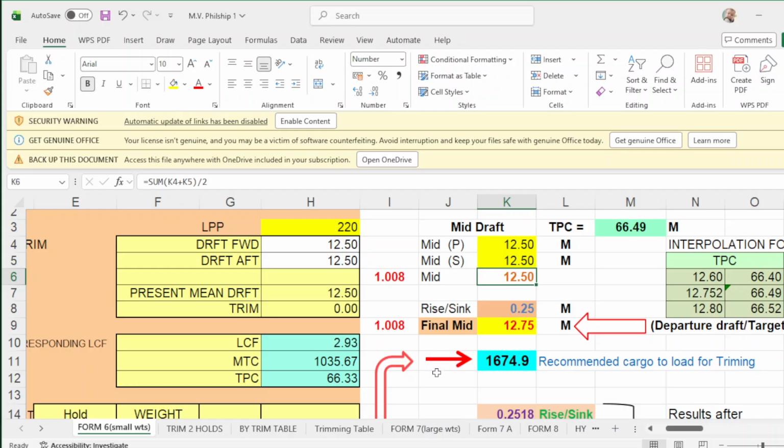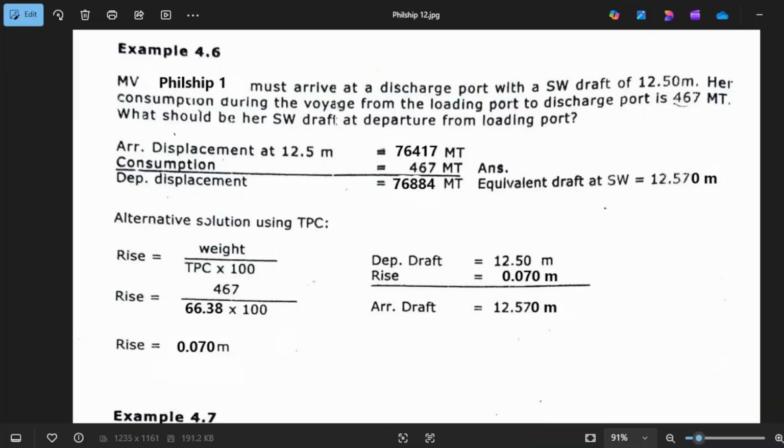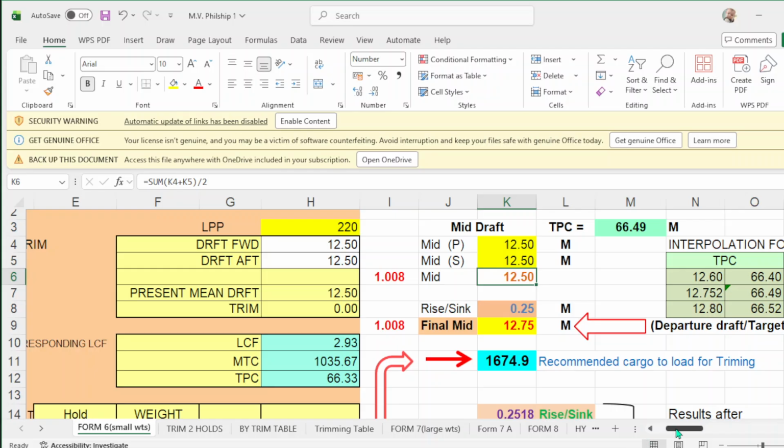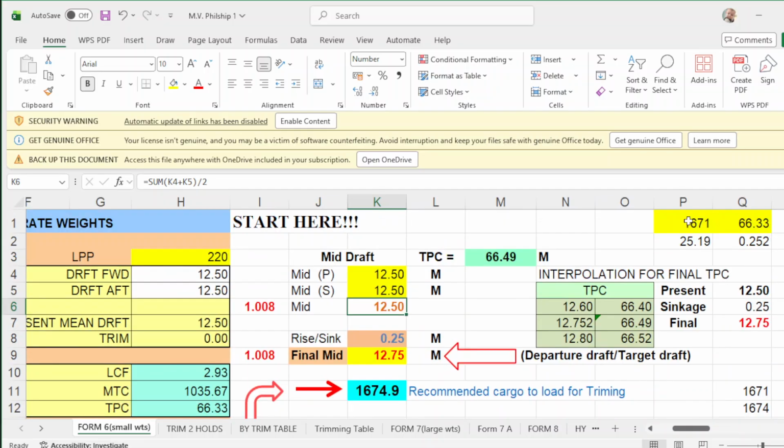Now he says the consumption for the entire voyage from load port to discharge port is 467. So we put here the consumption. What is the weight? We put it in the middle, then highlight this one. So our weight is 467.